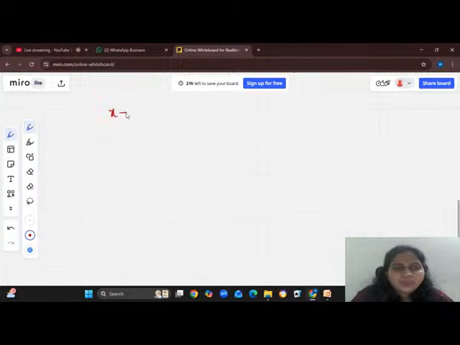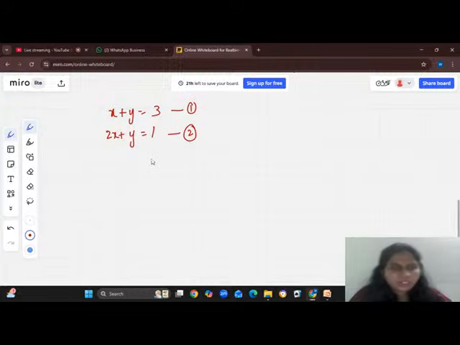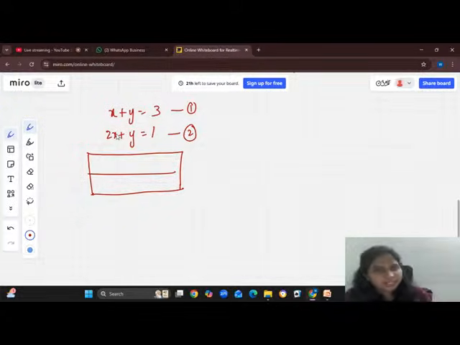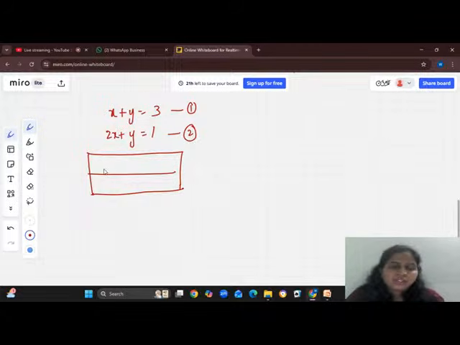So I have taken the equations x plus y equal to 3, 2x plus y equal to 1. These are my two equations. They will give you two equations. So how can you draw a graph? You know how to draw the graph, but how to draw this table, most of the students get confused. In the table of x and y values, which values should I take and which should I not take? They really get confused. So I want to give a very, very easy trick.